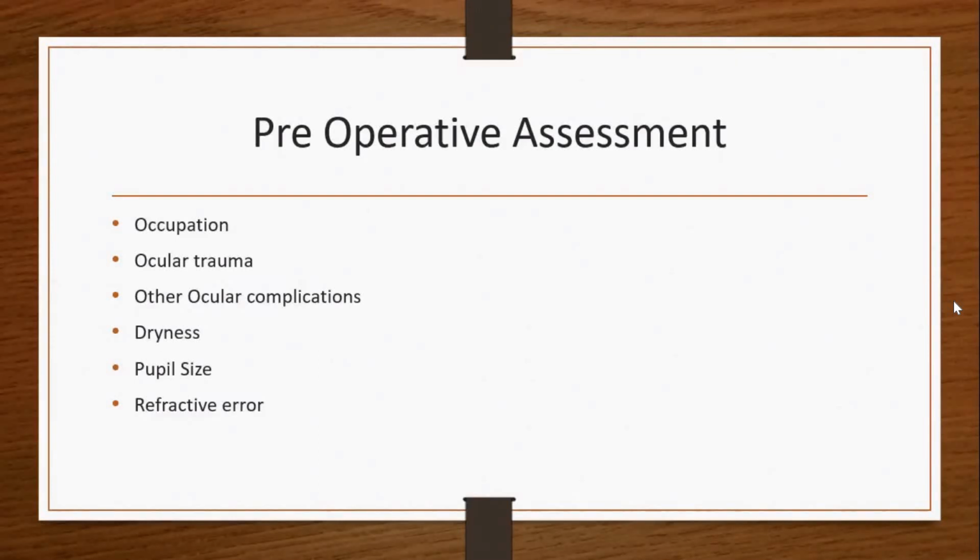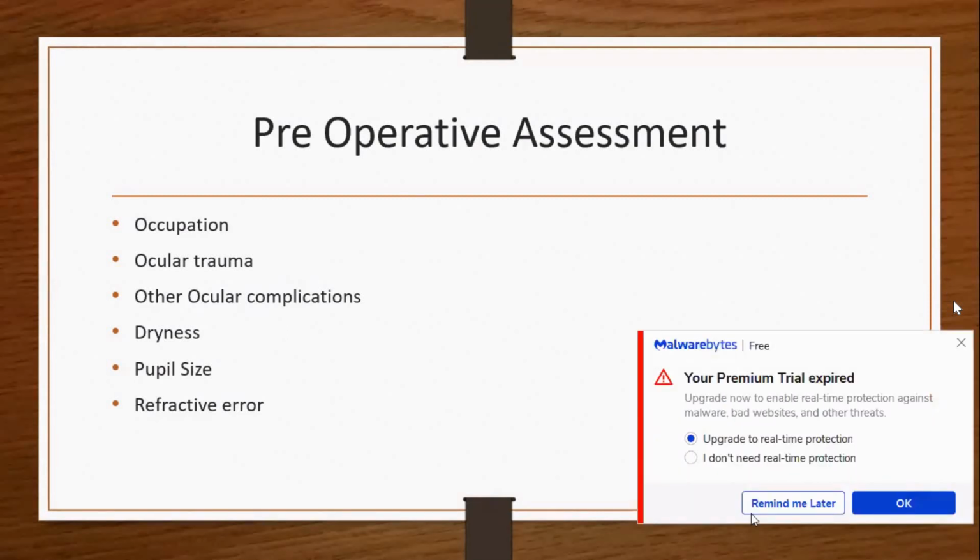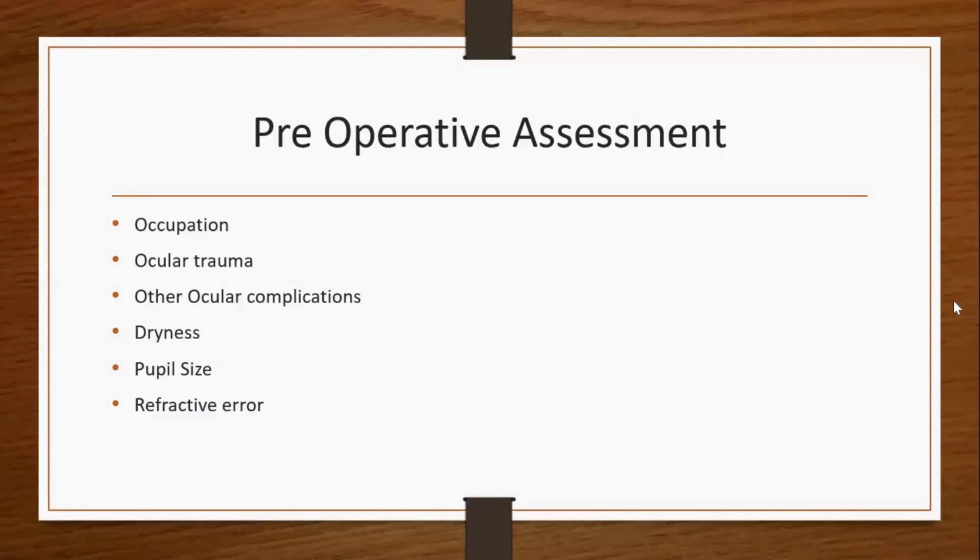Next comes dryness. Why is dryness important? Because the tear film in front of our cornea plays a major role, even for the normal lacrimation of the eye and also for refraction. If the patient does not have a proper tear film, the IOL, especially a multifocal IOL, will not work properly. So if the patient has a history of dryness, before implanting a multifocal IOL, he should be treated for at least 3 months.